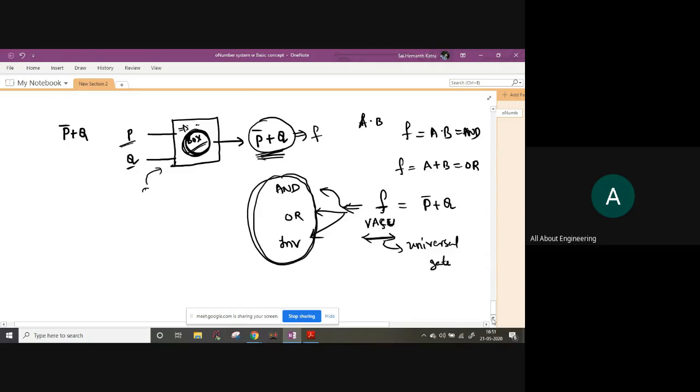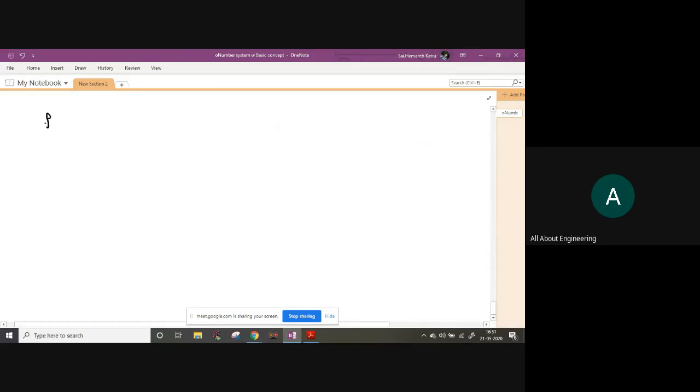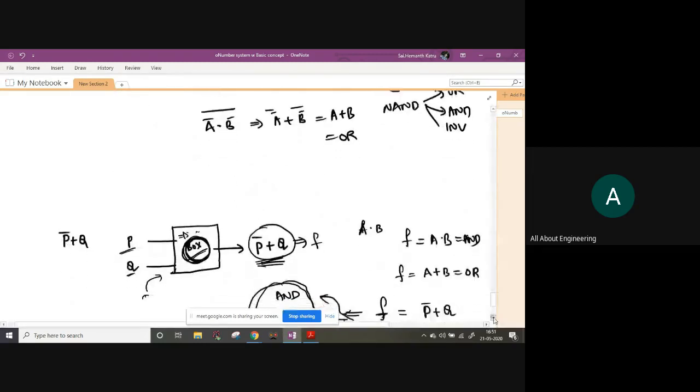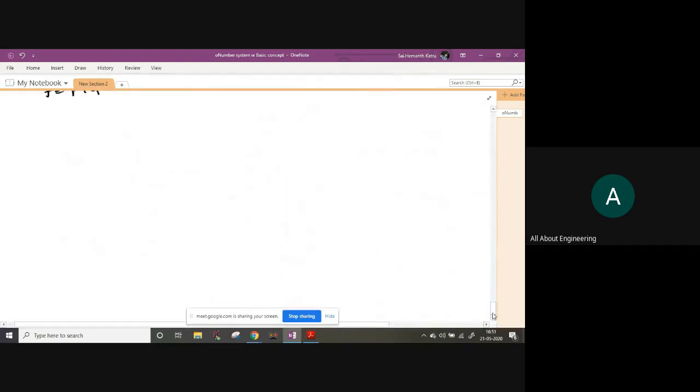Universal gate. Now let's try to get these things. The functionality is P bar plus Q, or P plus Q bar. It doesn't really matter. Let me check again. P bar plus Q. Okay, P bar plus Q. Now I am trying to get an inverter. See, I will try to derive, and I don't know where I will end. If I don't get it, I will check the PDF anyway. But see, the beauty of digital is you can solve, and ultimately you will end up with the answer. Let me prove that to you.